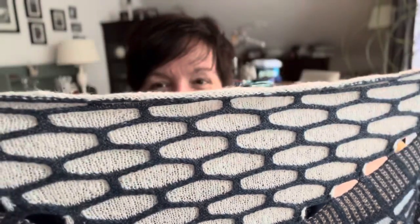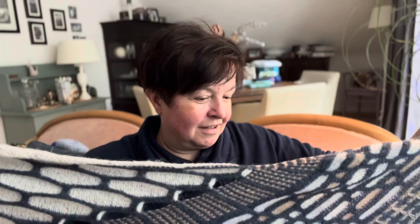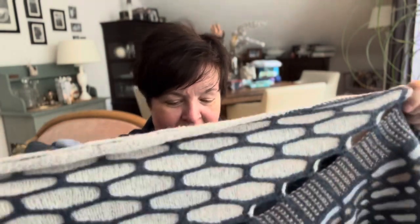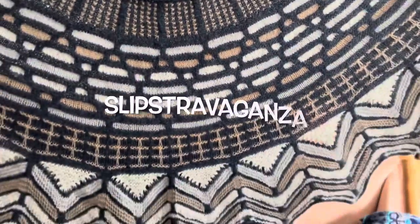Look at the stitches. This was knit by Gala. Gala lives in Kazakhstan, and yeah, I bought this actually before the Aurora Cabin shawl. So another Stephen West shawl,